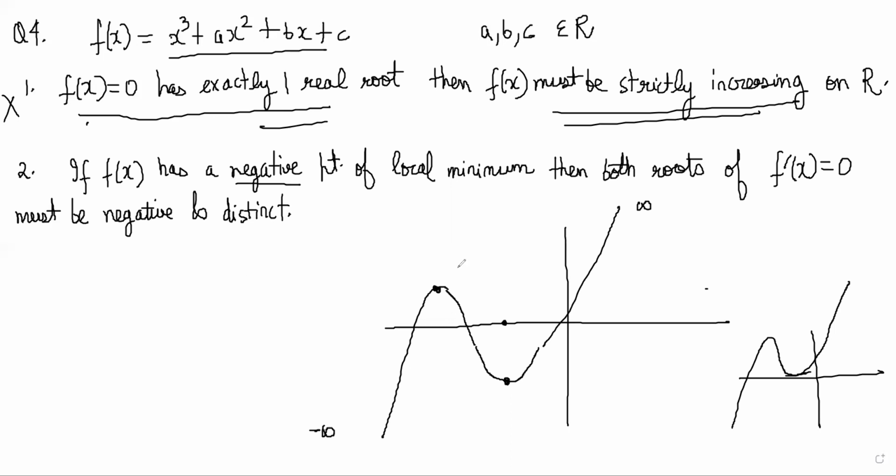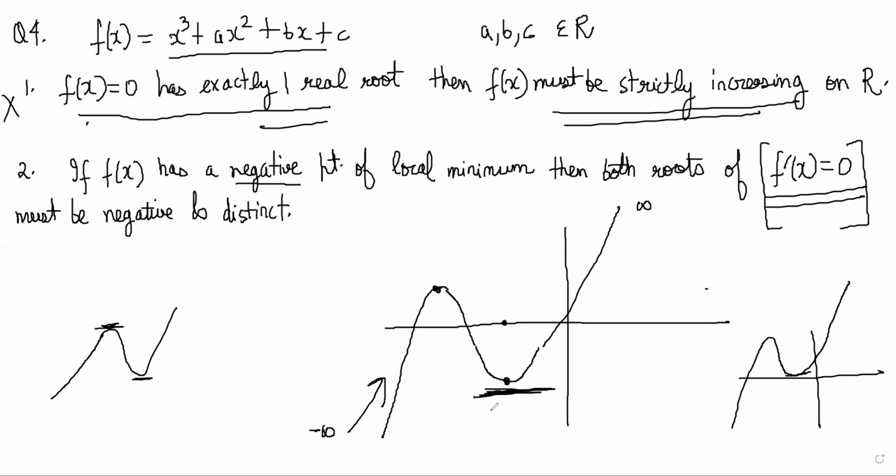It is not possible to not have a local maxima before a local minima, because you have to come down and make a minima. It is not going to be starting from minus infinity, so it was increasing first. Anywhere it is, a maxima has to come before a minima. So because of that, what can you say about the roots of the f'(x) = 0 equation? Notice that this is obviously a root.